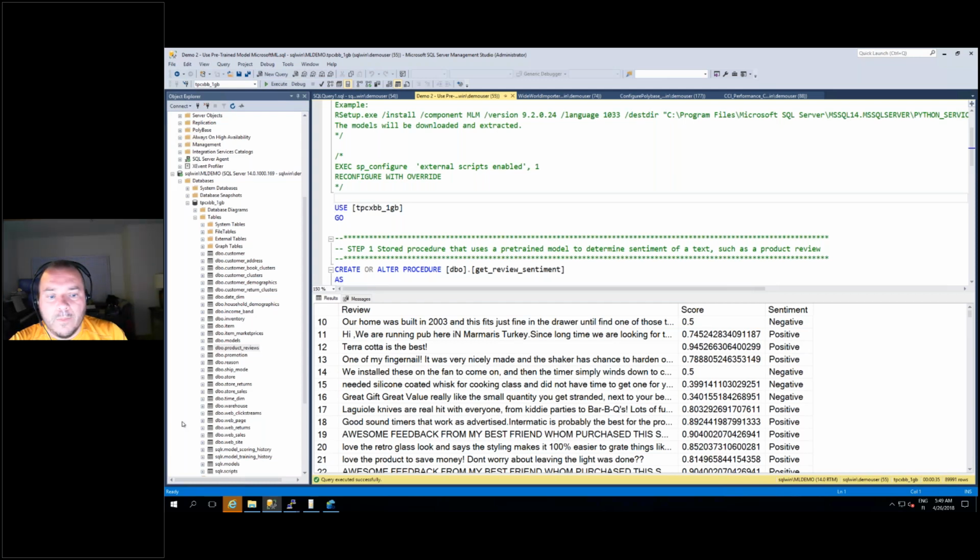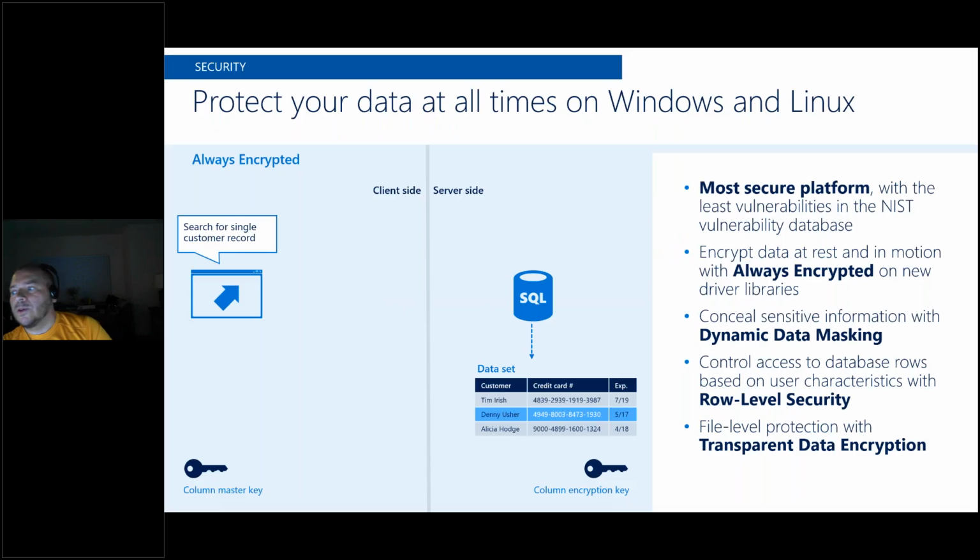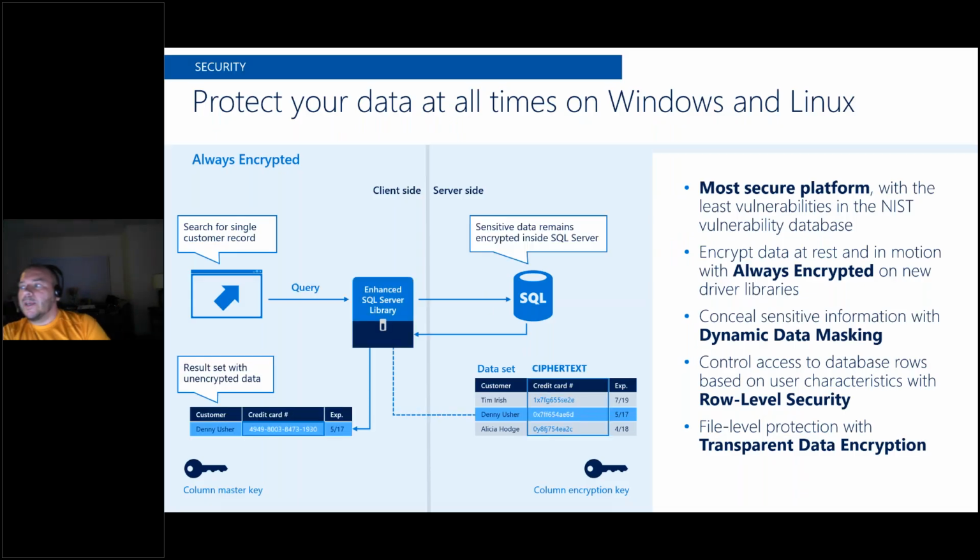Okay, just a couple of slides, and then it's time for questions. Security is something which is very important.